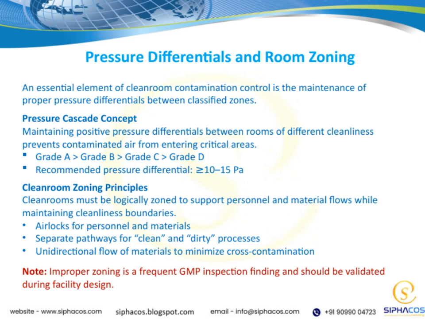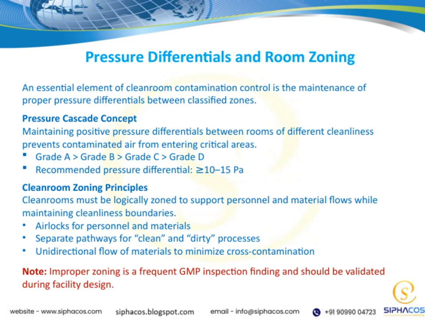The idea here is to keep positive pressure in the more critical areas, so contaminated air from less clean zones doesn't flow into them. You'll often see a hierarchy like grade A being the most critical, followed by grade B, then grade C, and finally grade D. The recommended pressure differential between these zones is generally at least 10 to 15 pascals. This helps create a controlled environment where airflow moves from the cleanest to the less clean areas, protecting the integrity